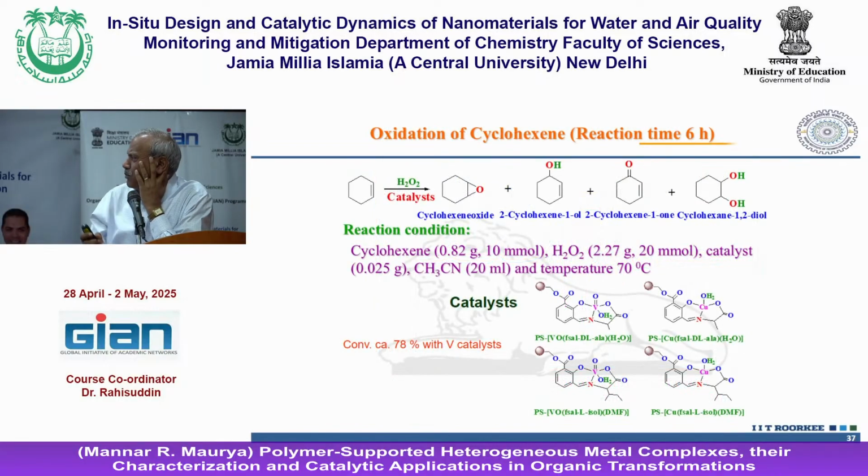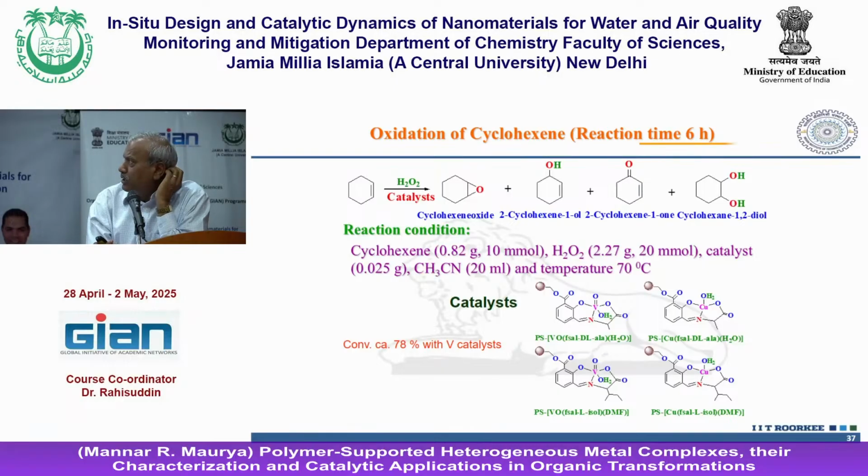It is some copper catalyst and vanadium catalyst, and this gives at least 4 products. Okay. Those days we were not much familiar with the catalytic system, but still. Then later we improved how to improve the conversion of the cyclohexene to epoxide, because epoxide is a useful product. So we later found out how the yield of the epoxide can be improved, but whatever data we had